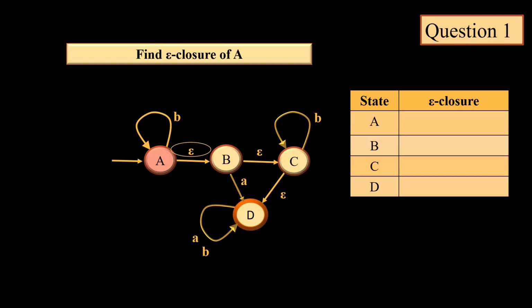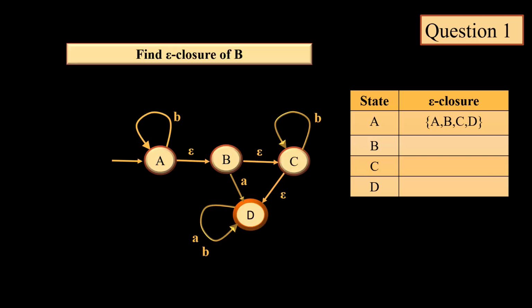Now, if I want to calculate E closure of A, it will start with A. A will itself be included. From A, we can move to B on epsilon move. Then from B, we can move to C on epsilon move, and further from C to D on epsilon move. So, E closure of A will include all these four states A, B, C and D. A is the state for which we are considering the E closure, so A will itself be included, along with all the transition paths which can be covered only on epsilon move.